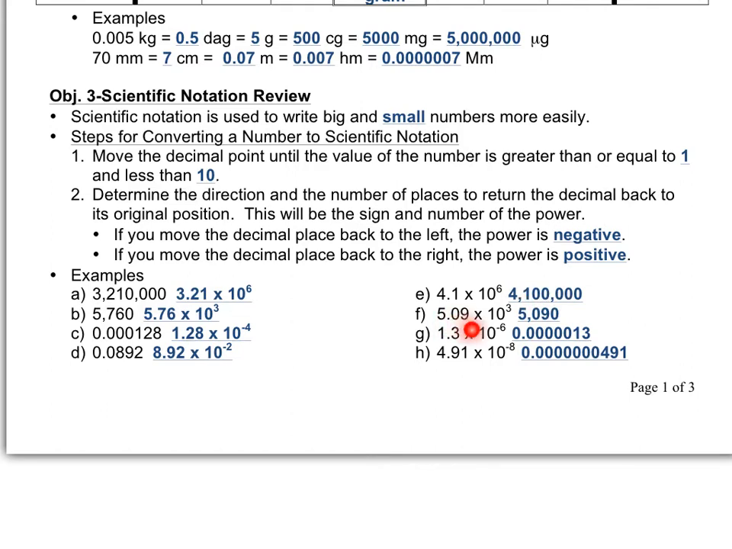5.09, moving it over 3 places to the right because it's positive, is 5,090. -6 means move the decimal to the left 6 places. So the 1 counts as 1 place, so I have to add 5 zeros in front of that to make it the number. And then the last one, -8, means I have to move it to the left 8 places. Well, the 4 counts as 1. That means I have 7 empty jumps, so I have to put 7 zeros in front of it. So